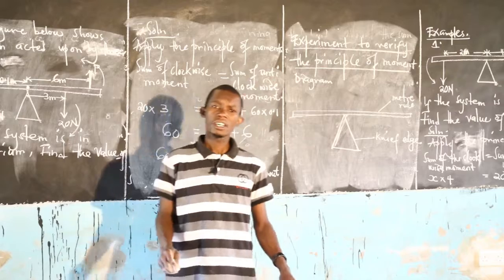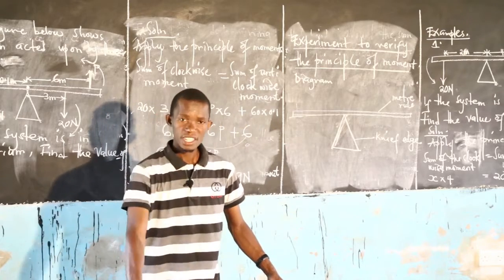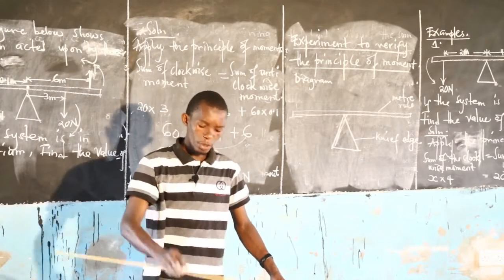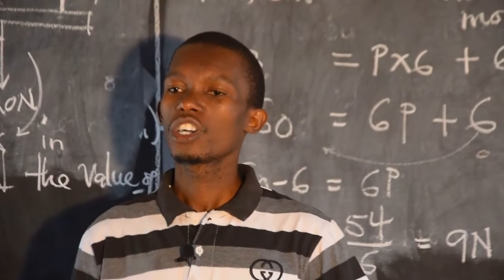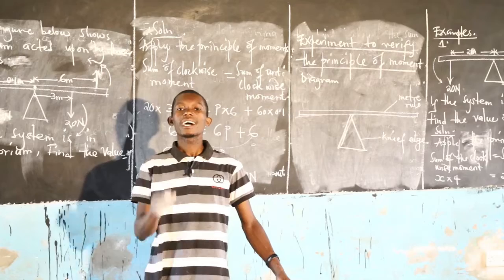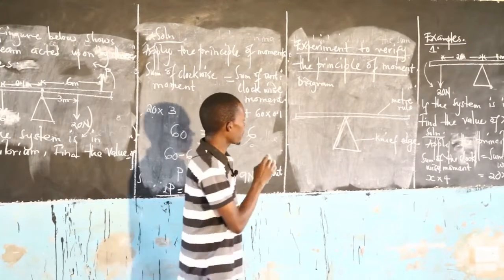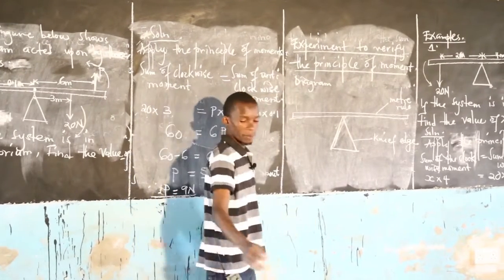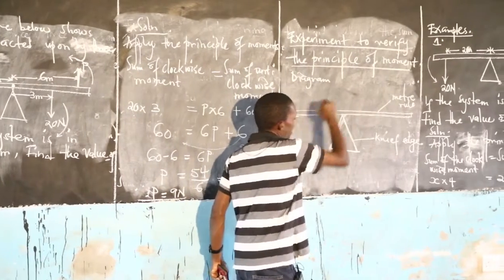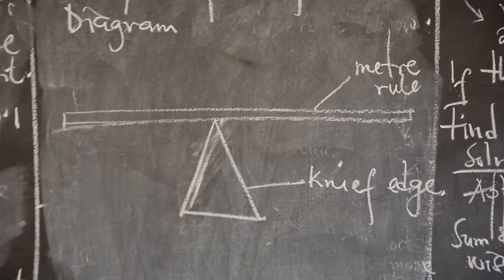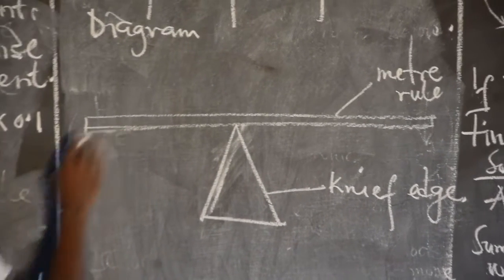So, when we are verifying this, it's like having this ruler, and this is our knife edge. What you do, you first balance a meter rule on a knife edge and note the balancing point. That is the first procedure. That's why you get this meter rule and you try to balance. After that, a known weight,